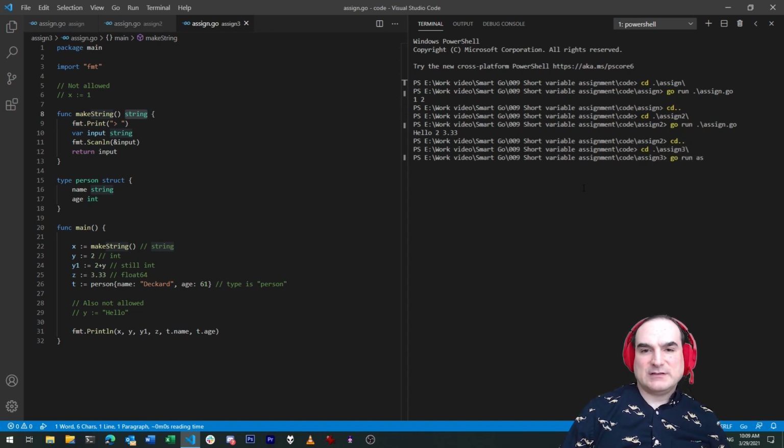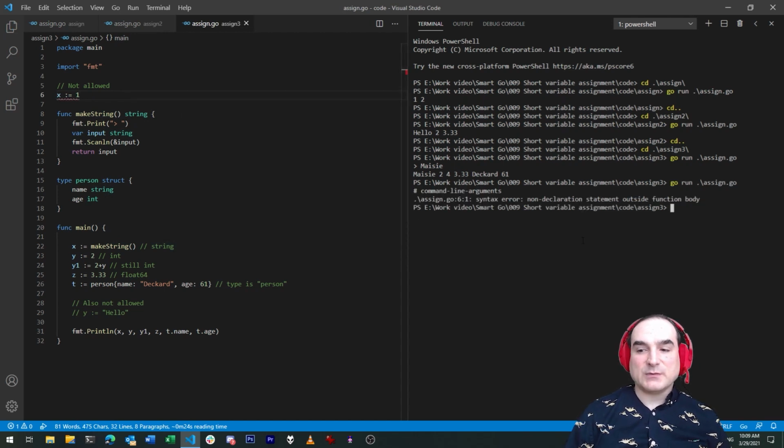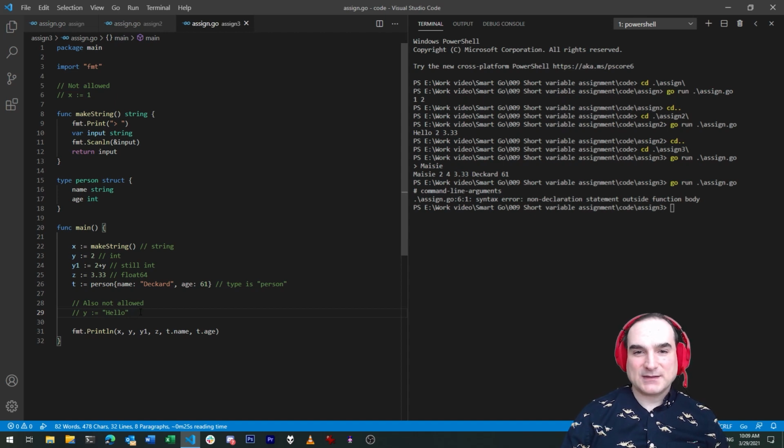Short assignments generally have to follow a few rules. The first is that you can't use a short assignment outside of a function body. This code, for instance, is not going to be valid. If we try to run it, it will throw an error. But that's a reflection of an existing limitation in Go. Every statement outside of a function must start with a keyword. It's perfectly easy for us to just use the more explicit long-form assignment to avoid this problem anyway, so it's not that big a deal.